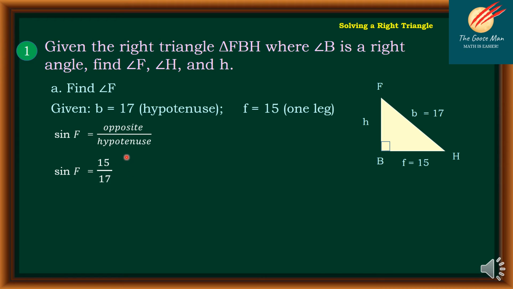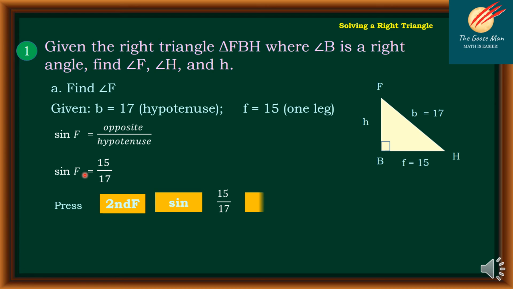such that our opposite is equal to 15. So that is the opposite side. And the hypotenuse is equal to 17. But we are looking for the angle F, so that's why we will press second function, sine, then 15 over 17, press equal sign, so we will come up with